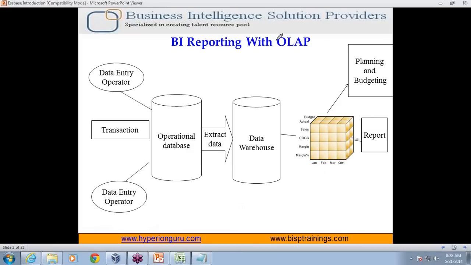This is called OLAP, online analytical processing. Online, when a user requests, the query gets processed for analytical queries, and the planning and budgeting solution also sits on top of that. So, point one: where does the OLAP solution work in the enterprise warehouse? It works in between your reporting system and the enterprise warehouse. Now let's go next and talk about this in more detail.